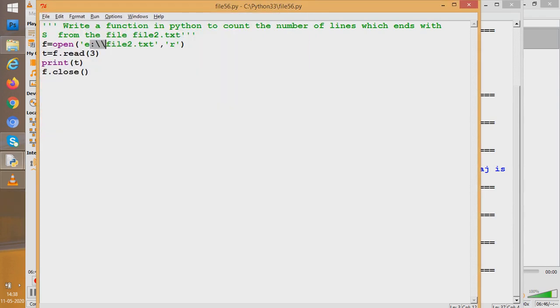Because one backslash is actually taken as an escape character in Python. You know, slash A, slash B, slash N for new line. So slash is a special thing in Python which helps to do a work. When you write slash before an N, a new line is created. So we will have to deactivate that property of slash. So I have to give one more slash before it.